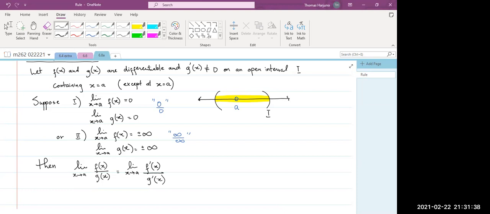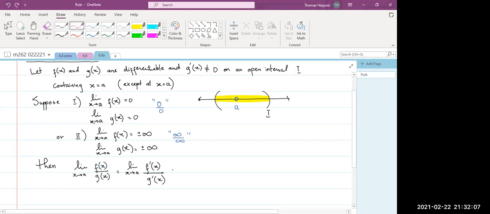Okay, so think of it this way. If you apply the limit on the numerator, that's infinity, and the bottom is also infinity or negative infinity, then you can apply this. Or if you apply the limit to the function on the top and the bottom, and you get 0/0, then you can apply this. Now notice that L'Hopital rule is not